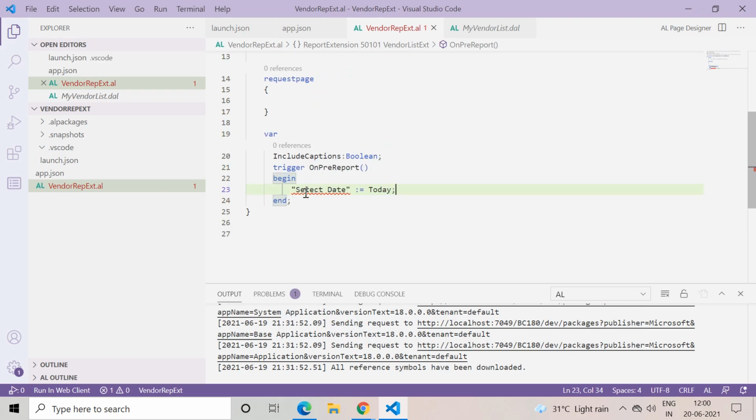Okay, I think guys, because select date was a variable and a part of the original report, you cannot modify that part. Okay, let me remove that.